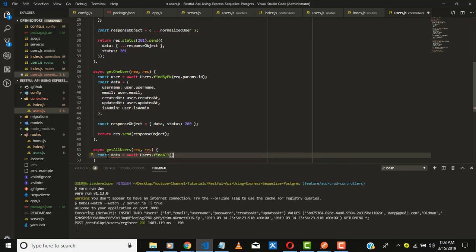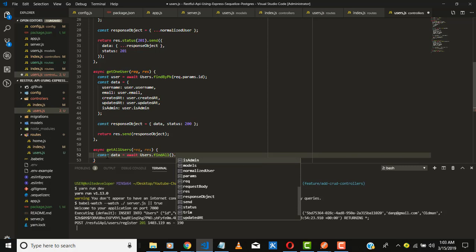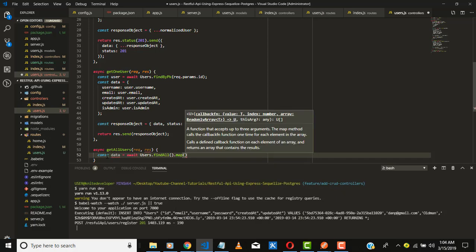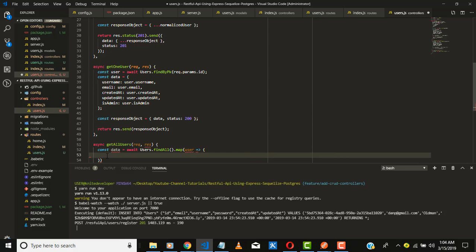method. Then once I find all, what I'm about to do right now is called chain binding. If I'm not mistaken, it's binding multiple methods at the same time. Instead of me getting the value, setting it to a variable, then now calling a function or a method on that variable, I'll just do everything at once. So I'll be using the map operator, which will allow me to look through each item one by one. When I say item right now, I'm referring to the user. Okay, I'll look through each user and I'll return